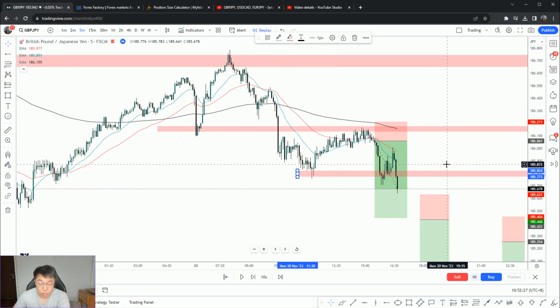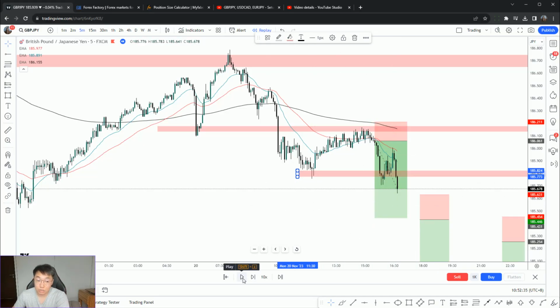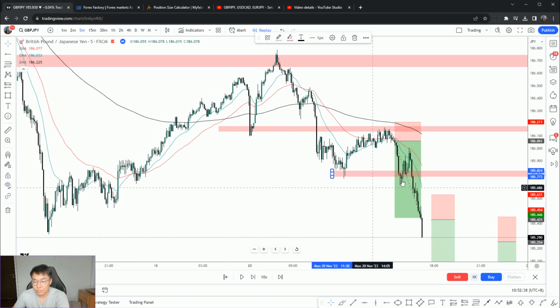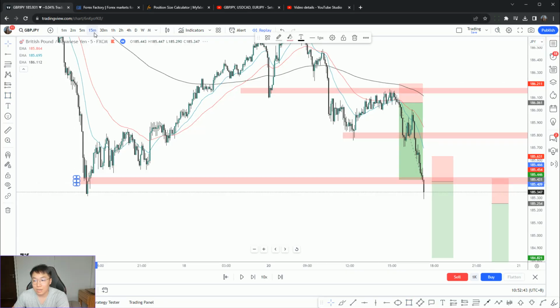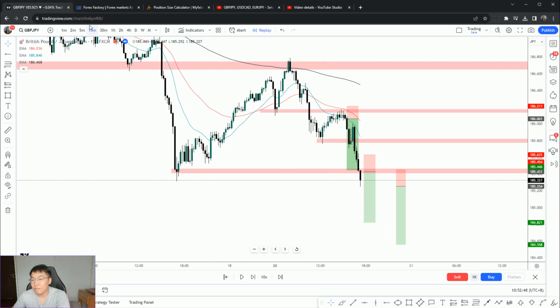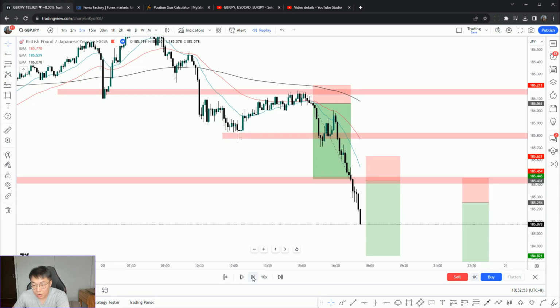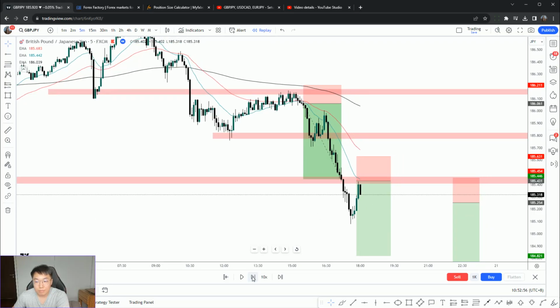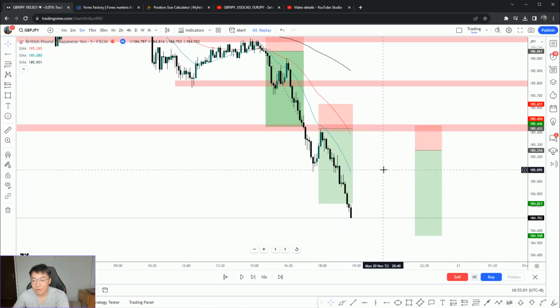I didn't scale in. Usually I'll size in a bit more aggressively after seeing the heavy sell, heavy red day, but I was fine because I know the potential is massive, so I can potentially get in on the second position. After getting in, I decided to close full position when price was approaching this 15-minute key swing low zone. I just want to see if price is able to break through that. And if we drop back down to the 5-minute, we indeed broke under the area, and yeah, pull back, tap my entry, dropped all the way down for another 3R, and very beautifully I was able to cash the entire,